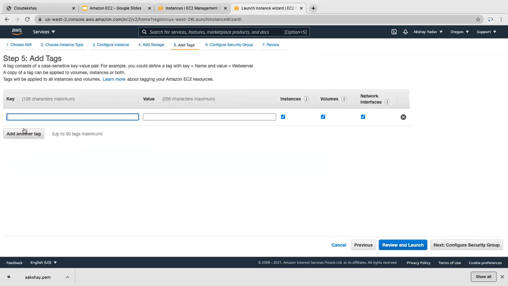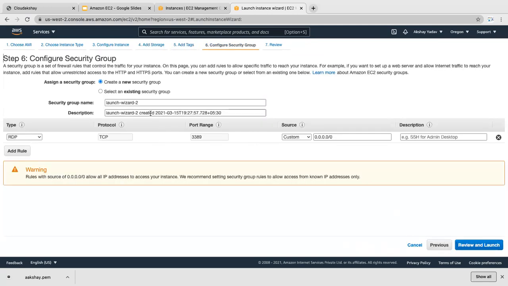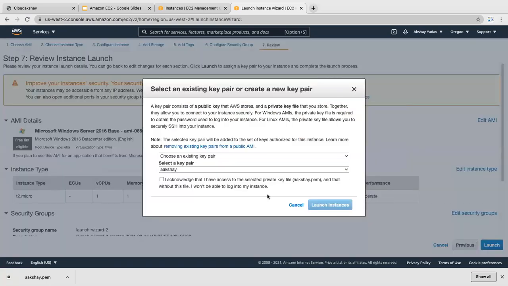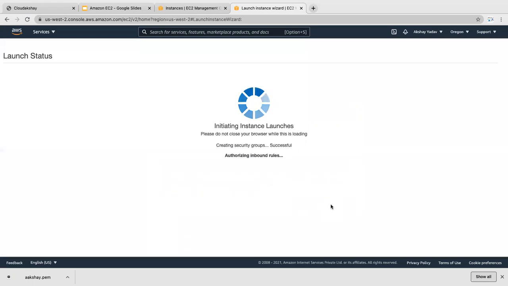We can also give a tag with the name Windows Server. Next. So the RDP port number is 3389. Next. Okay, close and launch. So I'm going to use the same key pair, AAKSHAY, and launch. Okay.